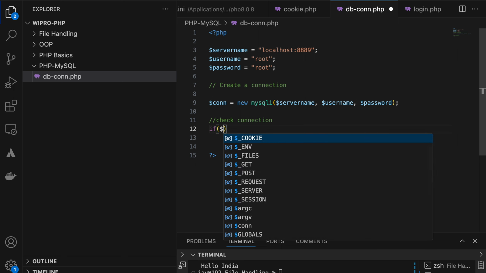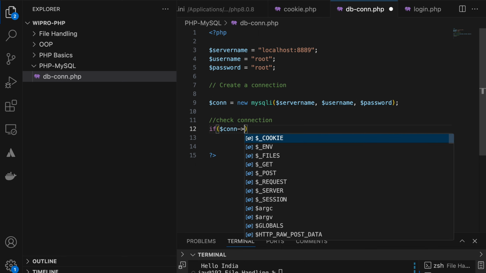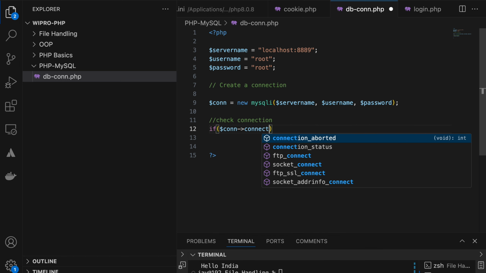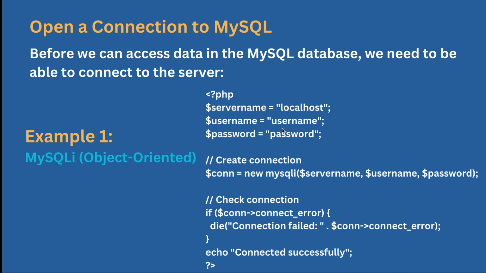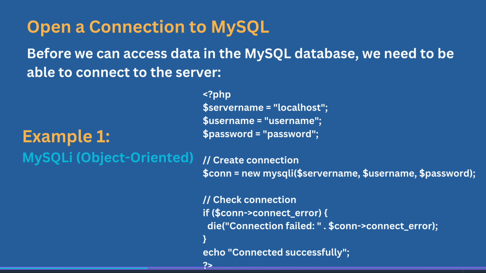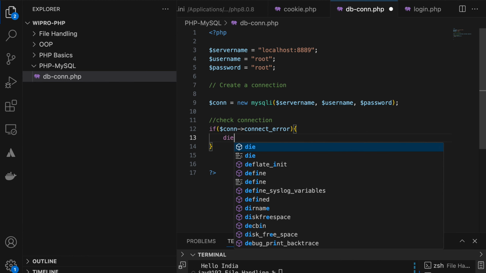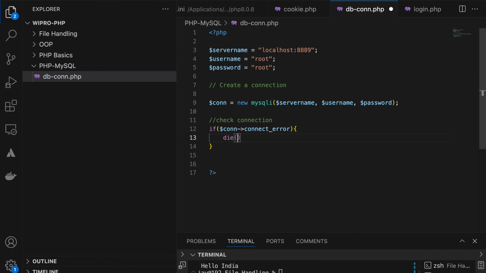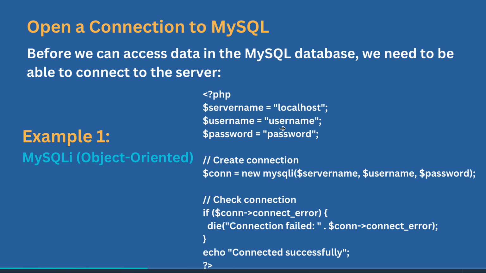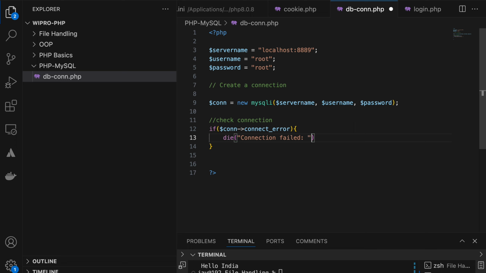If $con connect error, then die with connection failed, and also I am giving what the error is.